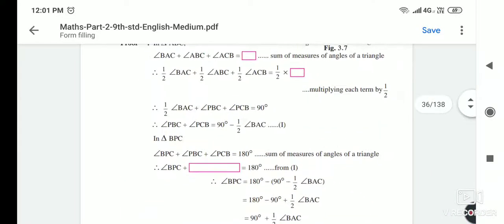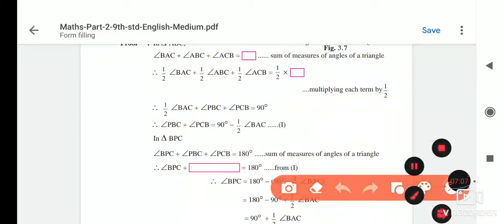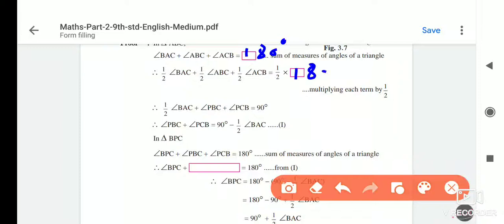So here what we have to write? In the first box we have to write 180 degree. Here also 180 degree will come, and at this place 90 minus 1 half angle BAC will come. So in this way we can prove that